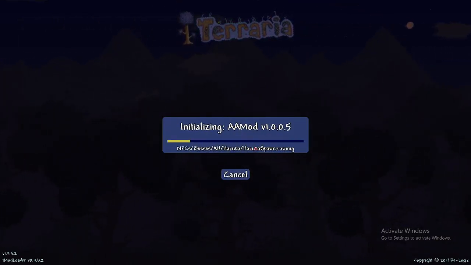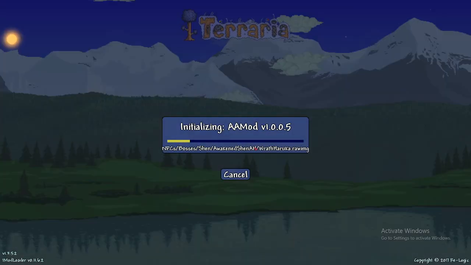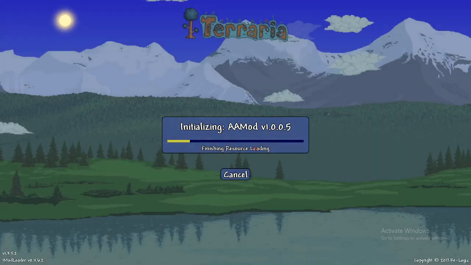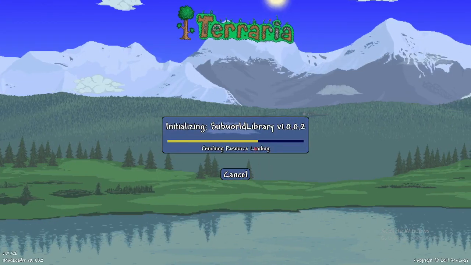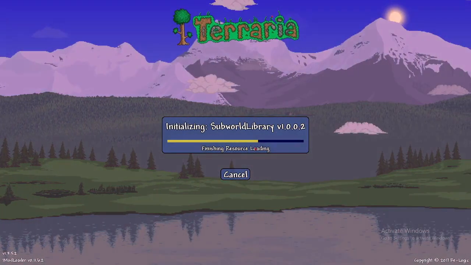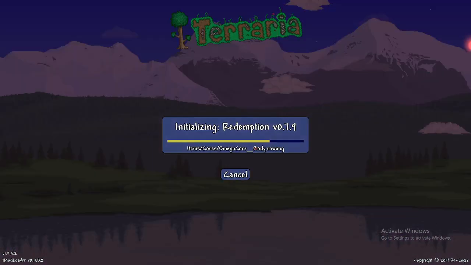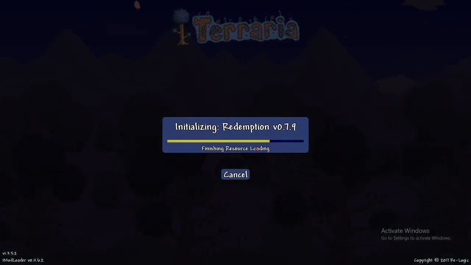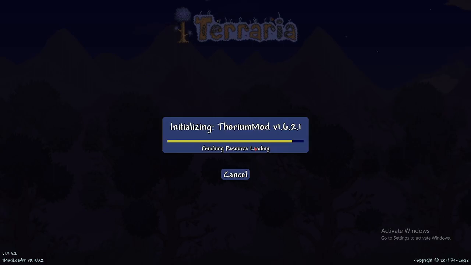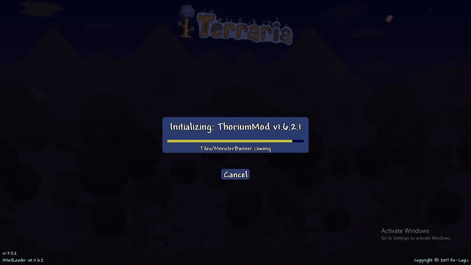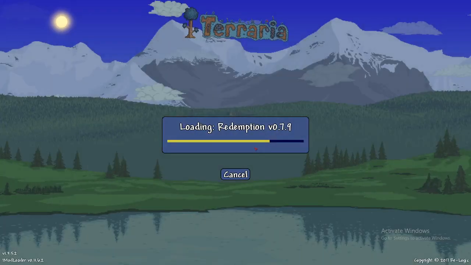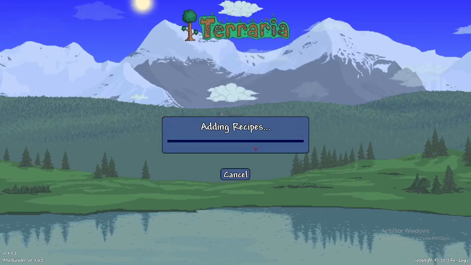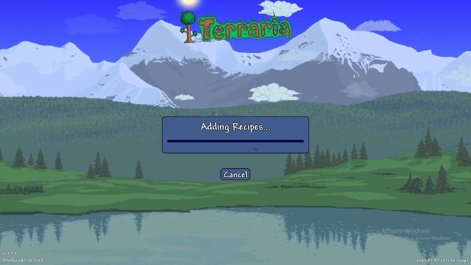automatically loads your mod so you don't have to reload just because you installed one single mod. It's mostly my favorite because I don't have to go search up Burium or Calamity. I can just go into the browser and just search up Calamity or